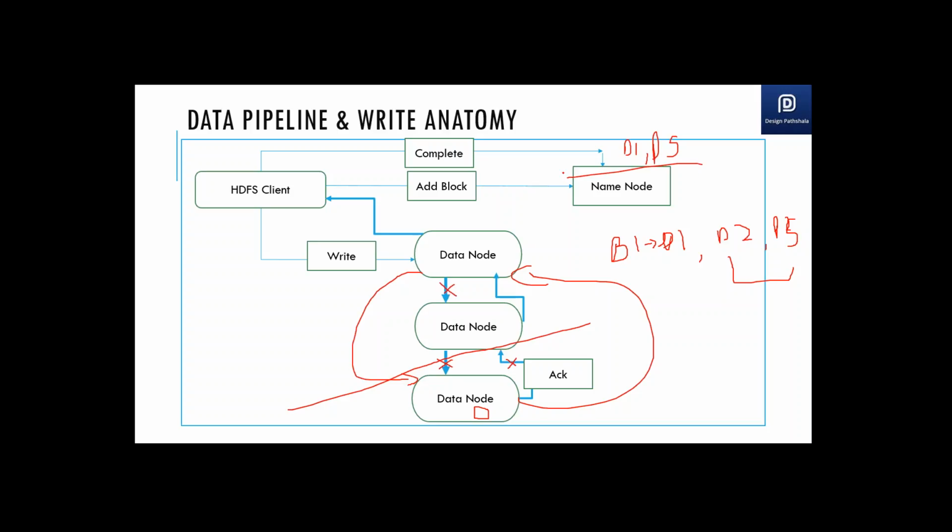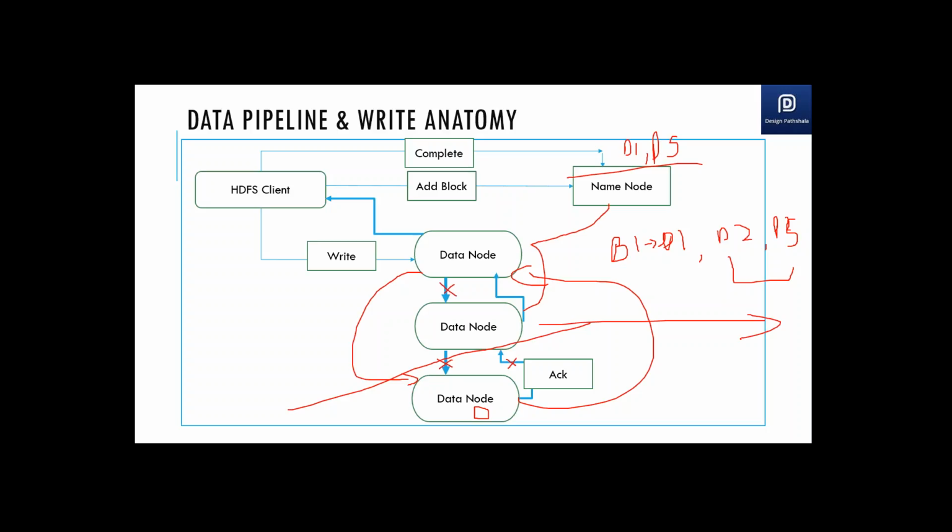So what will the client get? The client will get a signal saying data written with the corresponding states. And then the name node may find another data node where it will replicate that third one. That can take some time. The name node will later on send a write signal to either this or this, and they will then copy it to some other data node later on, transparently.